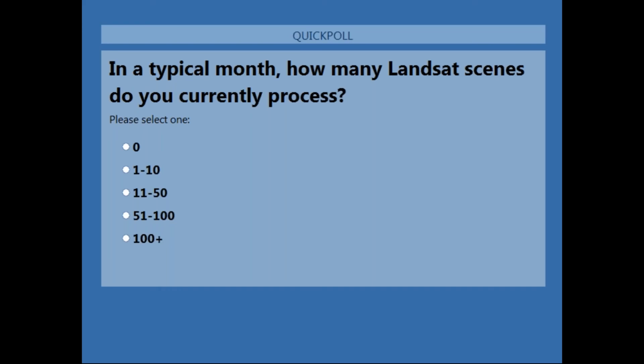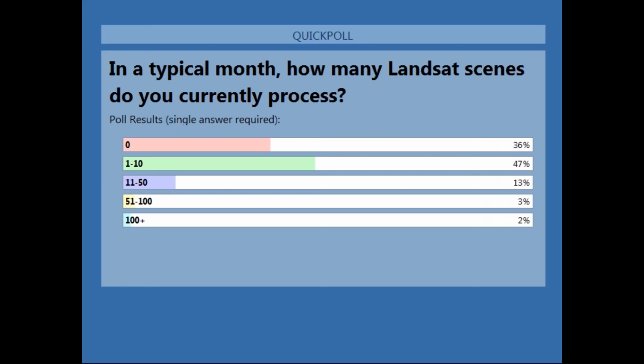You can see some answers being collated here. We're about to close the poll, so let's see what we have. Okay, we have a mix across the board, but a lot that are not currently processing Landsat scenes. So that's great. You'll see today the capabilities of how quickly and easily it is to get meaningful information from Landsat data using